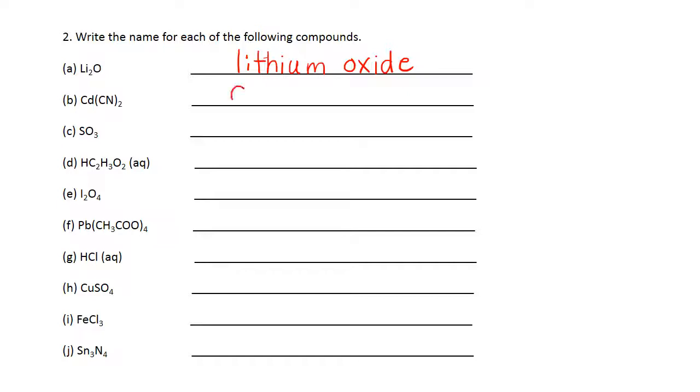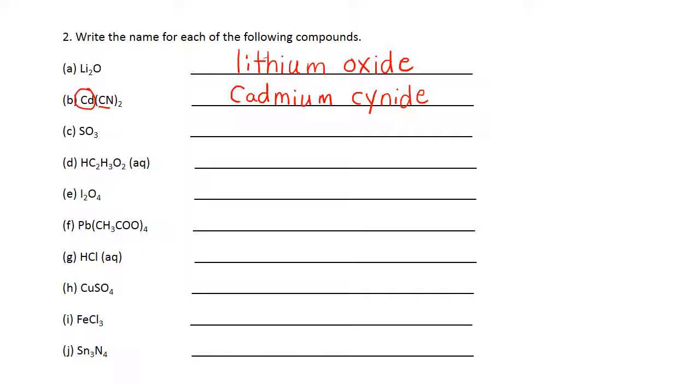Now cadmium is one of the transition metals, but this is one of the exceptions. So you do not need to put a Roman numeral for this. We should know that's +2. And the anion portion is the polyatomic ion. It's a cyanide. So you just write the name for that. So remember, polyatomic ion, you don't have to worry about dropping the ending or anything. You just need to either memorize them or look them up and write down the name that is on there.